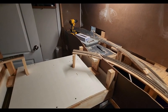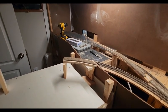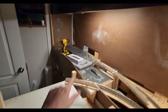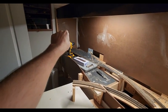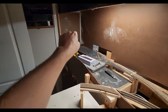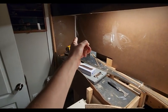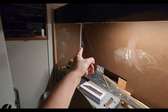All right, we'll start in this corner with the two most obvious things. First one is, as you can see, we have this side of the backdrop up. We have the lean on that backdrop fixed. And then in the corner right there, you can't see it, but there is a piece of